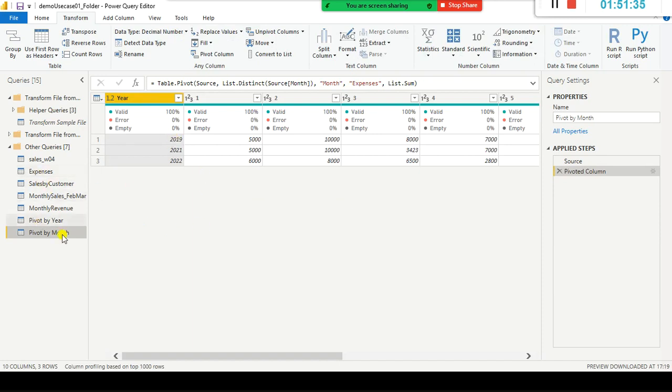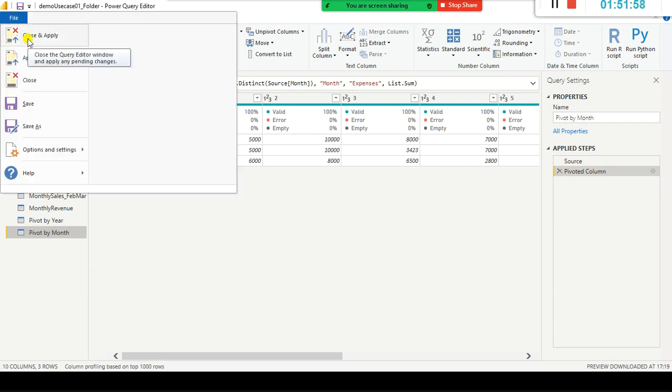You might create the same queries more than once, and sometimes you may have to take a second copy, and both of them are independent. But since you have more copies, and some of them are references, some of them are duplicates, you will get confused. You need to remember this. So now I just go to file and close and apply.